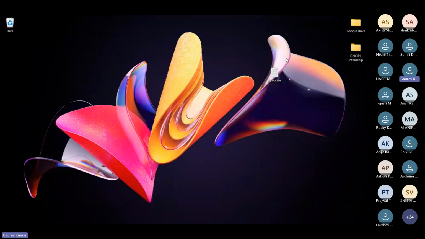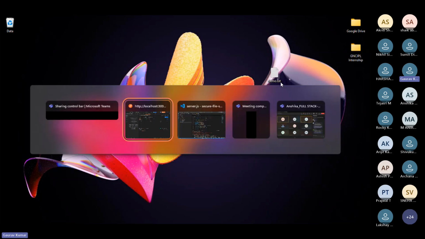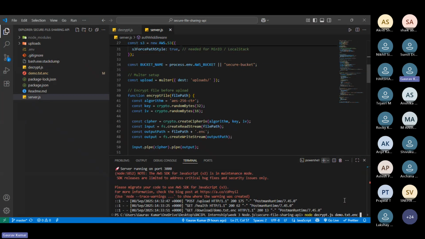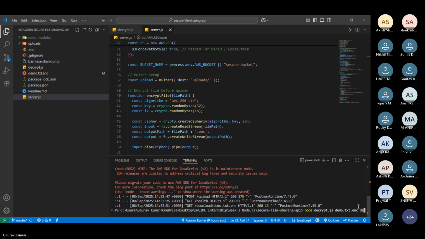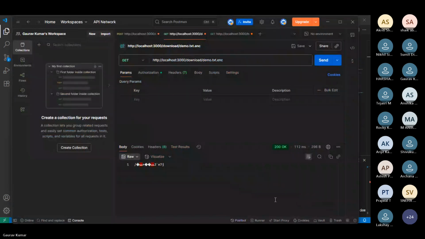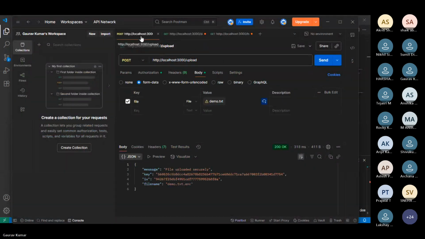In this project, my first file, whichever file I'm uploading, I mention it here as demo.txt, and then go through the key. The key is given there.